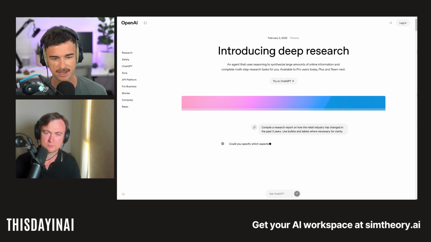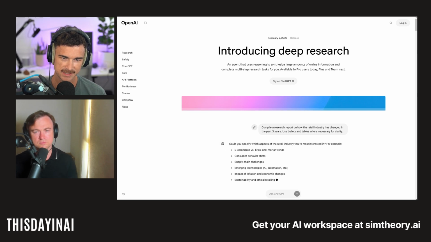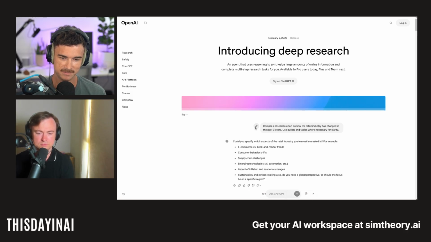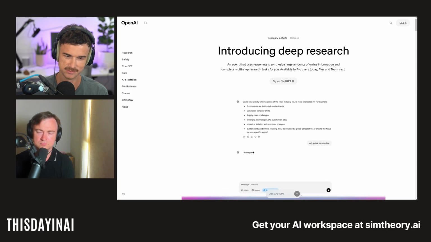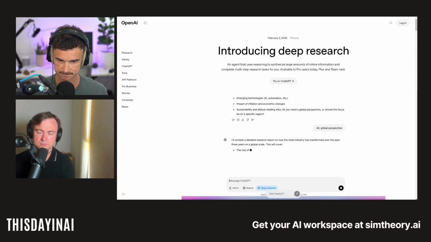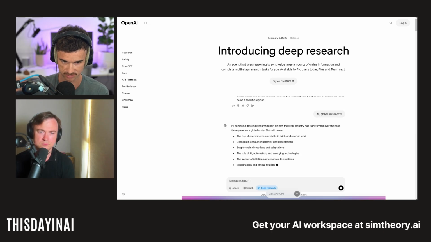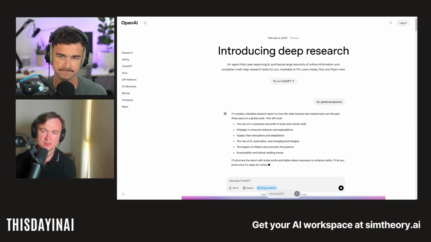Basically, how I believe this is working, and correct me if I'm wrong here, is it's essentially just in a loop. And the loop is saying, go search this, go browse this, go do this. And it's slowly compiling a scratch pad of data. And then at the end, it's outputting its conclusions. That would be my understanding, yes.